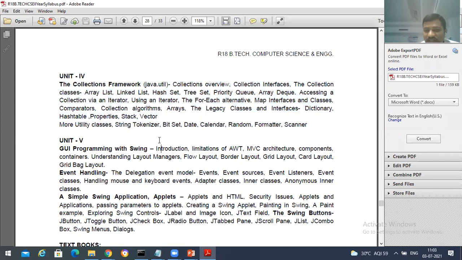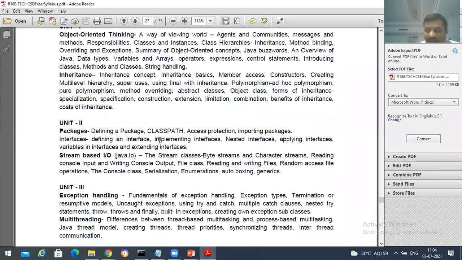Okay, so this is the end of your unit 4 and unit 3. Nothing is there to discuss. Comparator is there in unit 4, and in unit 2 we have serialization. On average, in unit 1 we have one topic to discuss, forms of inheritance; in unit 2 we have serialization programs; unit 3 we don't have anything to discuss; and in unit 4 again the comparator program is there. Remaining everything was completed in units 1, 2, 3, and 4. Only these three topics are left out. And in revision, most probably I will be covering these three topics.